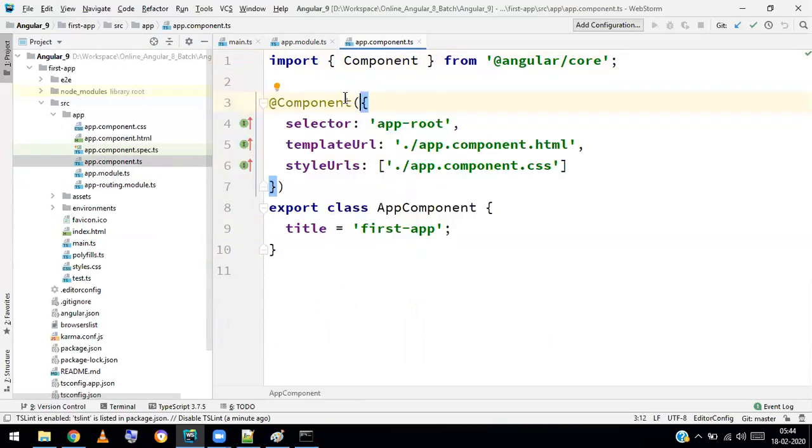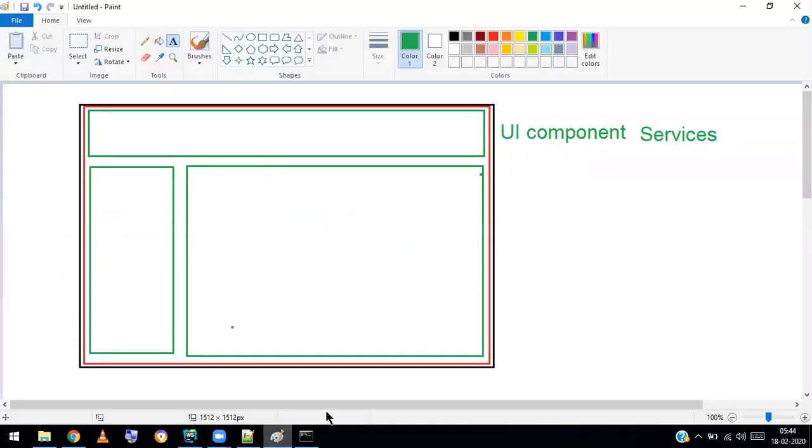Every component will have three things in common: a selector, a templateUrl and a styleUrls. The selector is the custom tag. As we discussed, in an Angular application we have a navbar as one component and a sidebar as another component. To make the code reusable, they have made custom tags. A component means you write HTML and CSS, but you declare it with a custom tag.